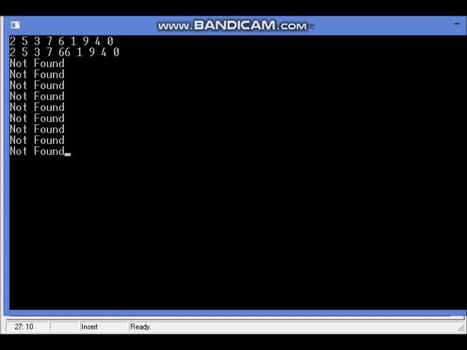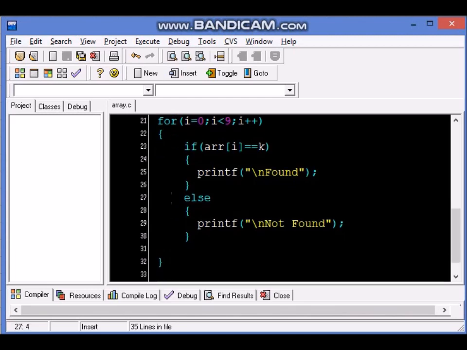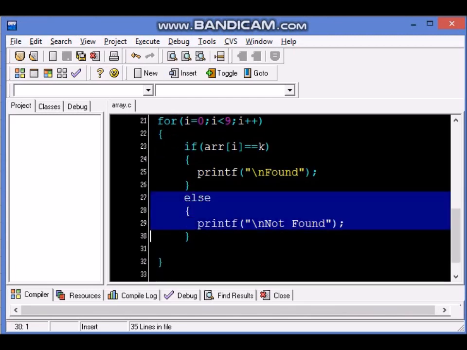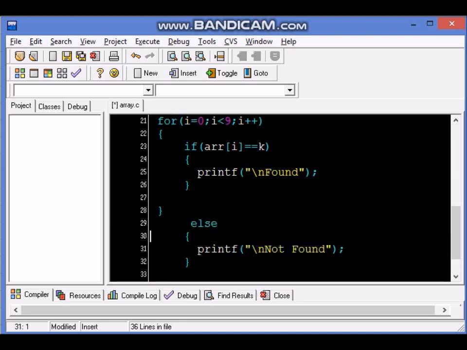So it keeps repeating not found, which is not very good coding. Ideally we would like not found to be said once. When we run this code like this, the else part happens every time. So ideally this should happen only after the for loop, but obviously not with this else.